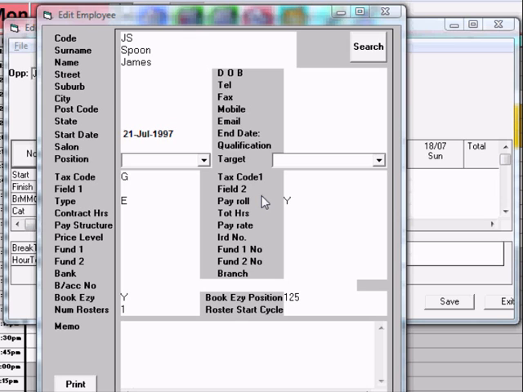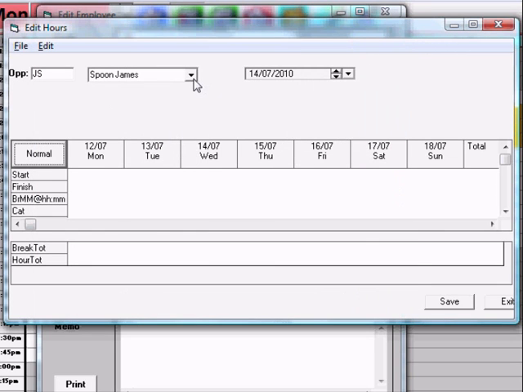Firstly, you need to make sure in edit employees for that particular operator the correct start date has been entered in. Number of rosters to be 1. Roster start cycle, because you're having one, we don't need to enter a date here, but if you have more than one, very important. Moving over to edit hours, select the operator, and then on the normal button, if you